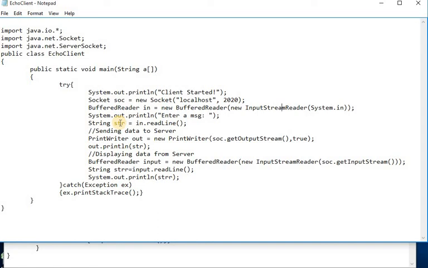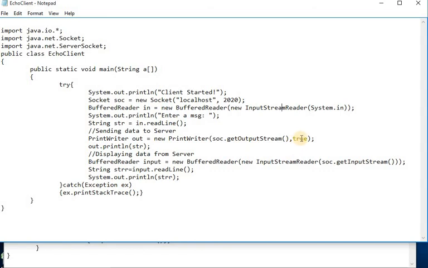For sending that data to the server, we require the support of another class, the PrintWriter class. So here we have created an object of the PrintWriter class. out is equal to new PrintWriter of soc.getOutputStream, true. So here we are not using the standard output device. Instead of using the output device, we will be putting the information to the output stream. For that we are using the output stream object reference over here,